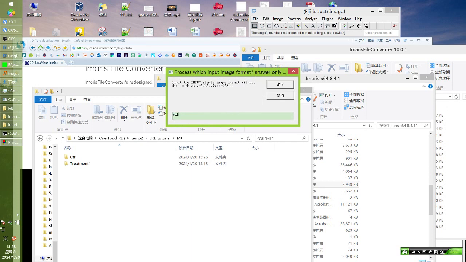Okay. Next, output image. If you want to output as Imaris files, you can just keep it as Imaris IMS. If you want to output as TIFF files, you input TIFF. Because we now want to convert to TIFF, I input TIFF. And the next,